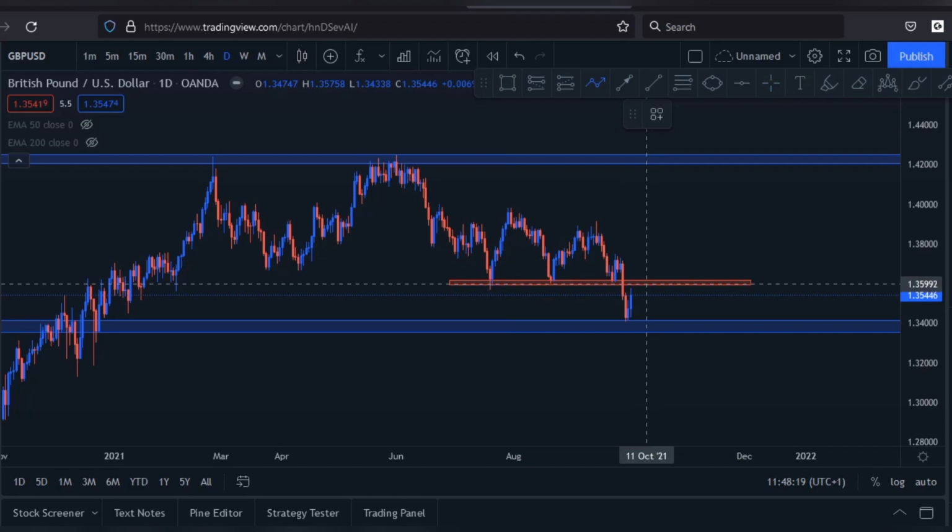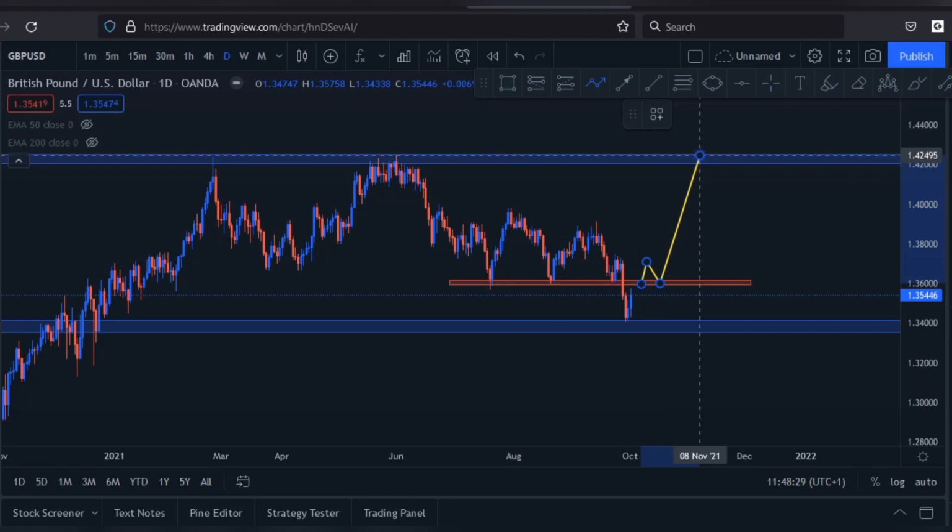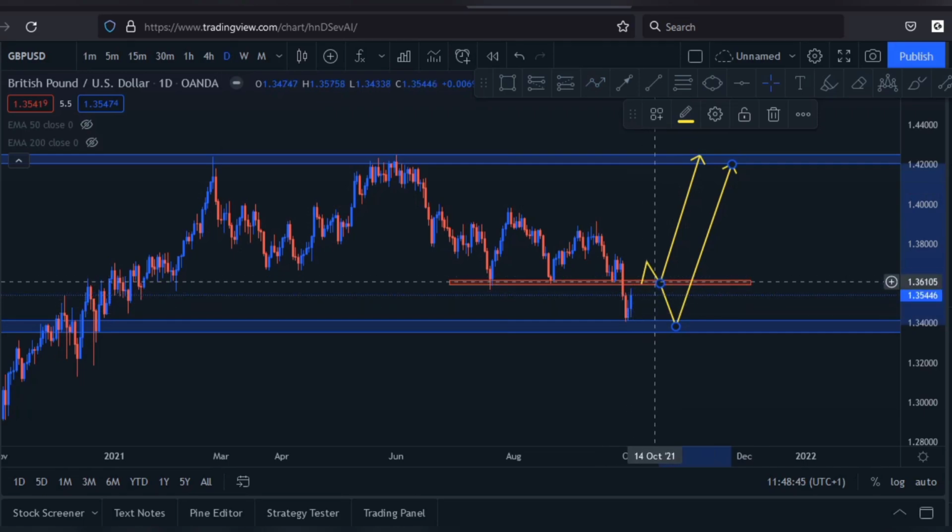That's the 1.36 area. If there is a break of the 1.36 area, then we'll be looking for a retest of it and a continuation to the top. Okay, but if price gives us a bearish signal from this 1.36 area, then we'll be looking for our sell opportunities to the bottom and possibly looking to buy from here again all the way to the top, and price giving us a double bottom pattern, which is quite common with